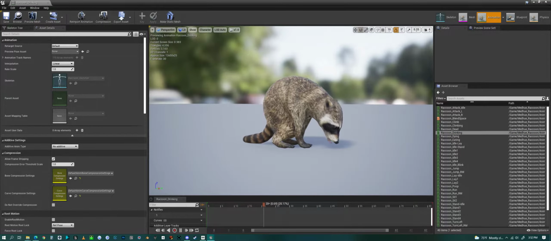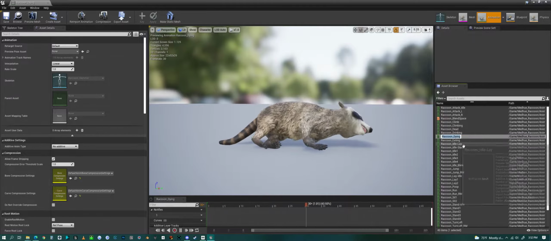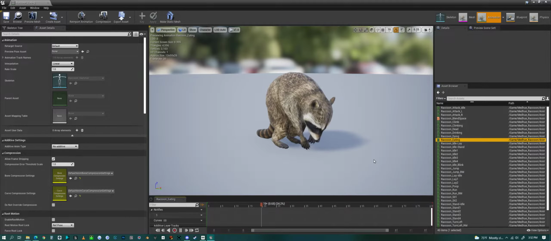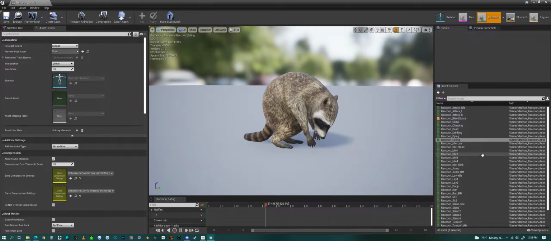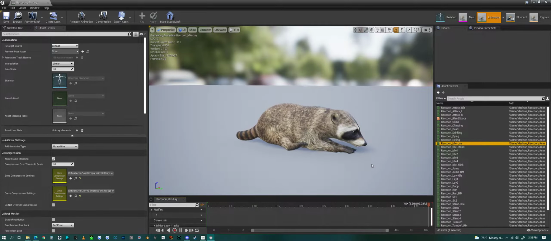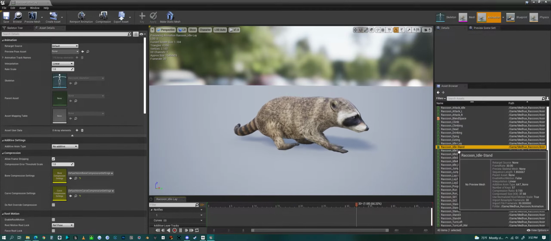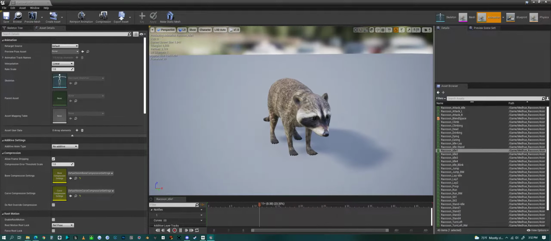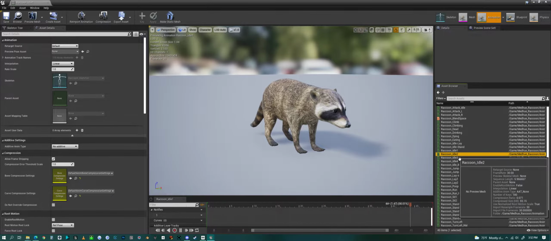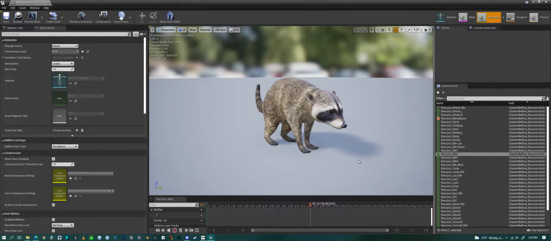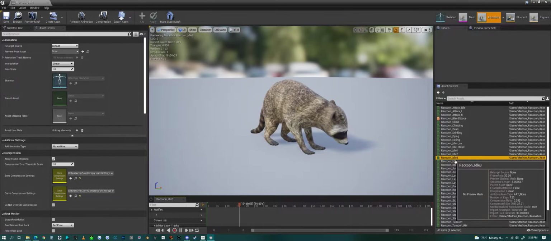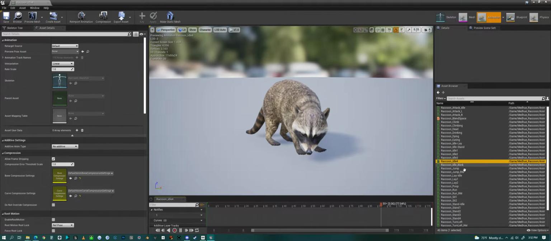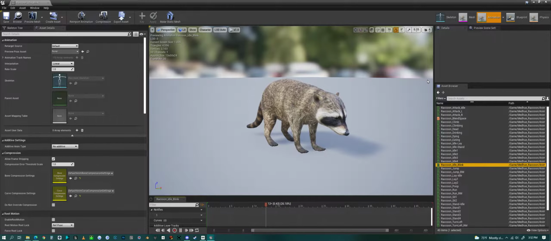drinking animation, dying animation, and then an eating animation, idle to lay transitional animation, idle to stand. Then we have an idle animation, idle 2, idle 3, idle 4. And then we have an idle with a blink,